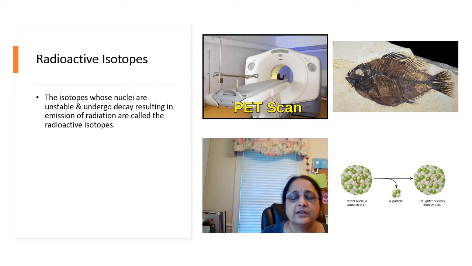For example, they are used in detecting the age of the fossils, in the treatment of cancer, and as tracers in the diagnostic field of medicine. Out of that, the very important one is carbon dating, a method used by paleontologists for determining the age of the fossil. What they do is compare the relative abundance ratios of the carbon-12 isotope to that of the radioactive isotope carbon-14.